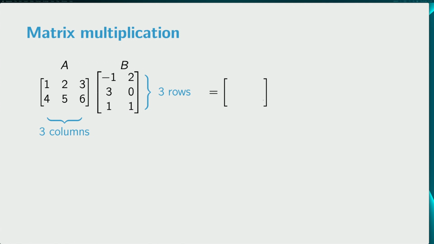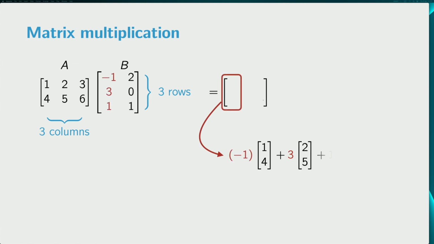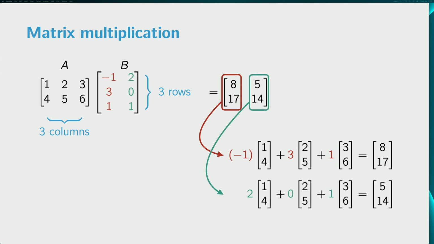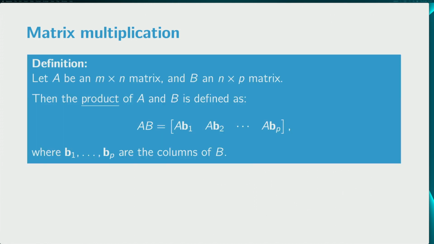To compute the product AB, we work column by column. The first column of AB is the product of A with the first column of B, now highlighted in red. This is just our old product, AV. Next, the second column of AB is equal to A multiplied by the second, green, column of B. Here we go. We have just computed our first matrix product. So, a matrix product can be computed using matrix vector products, interpreting the right-hand side matrix column by column.